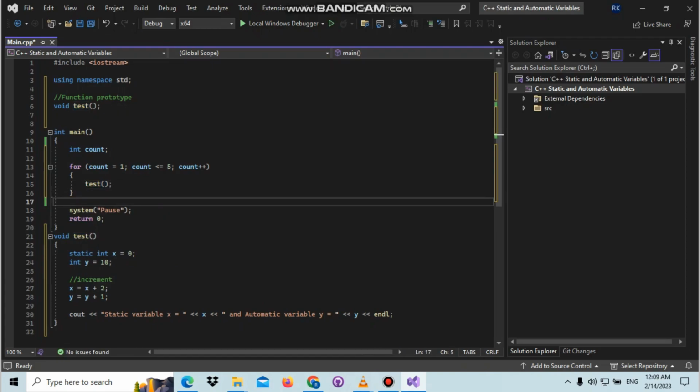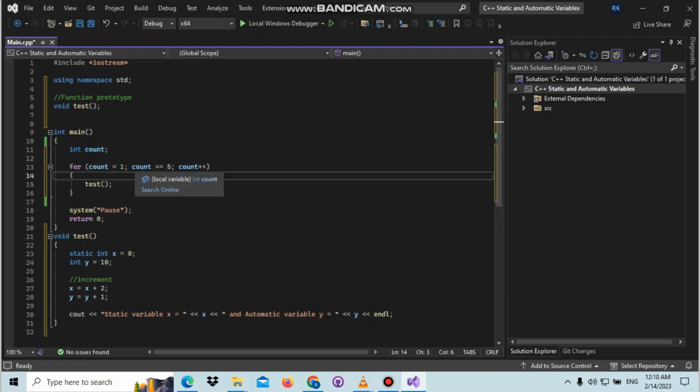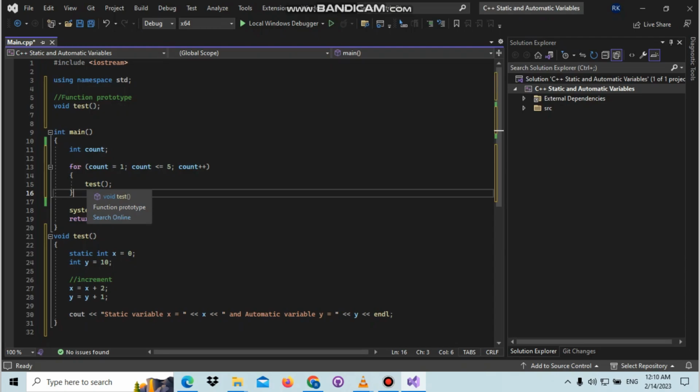So what's going to happen now in the main function, as you can see, is that this for loop will run based on the initialization here and the condition, which will be true as long as count is less than or equal to 5, and of course we update the loop every time with this increment using the plus sign. Now when we call this function test,